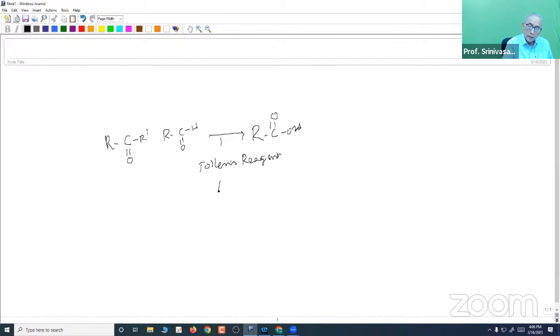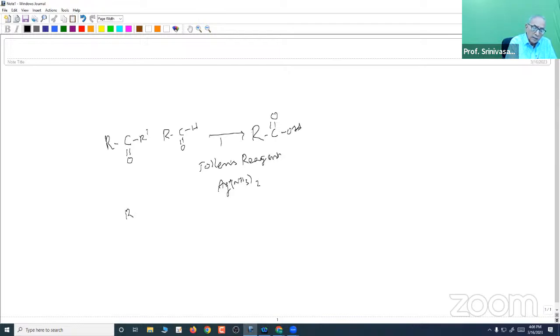Tollens reagent consists of silver amine complex. Silver gets reduced to metallic silver, and the aldehyde gets oxidized to the corresponding carboxylic acid. We had seen a large number of reactions of ketones and aldehydes, and the further development of chemistry is having